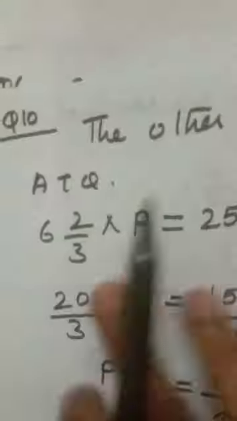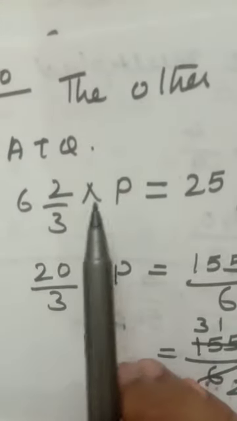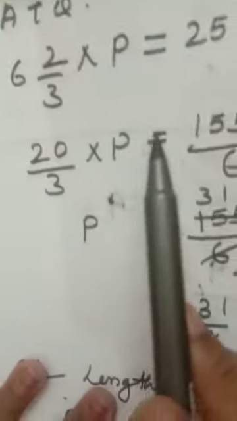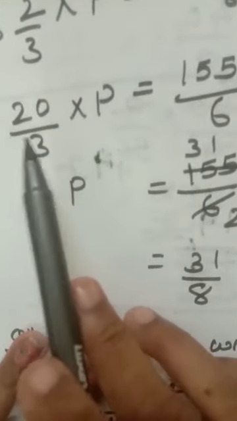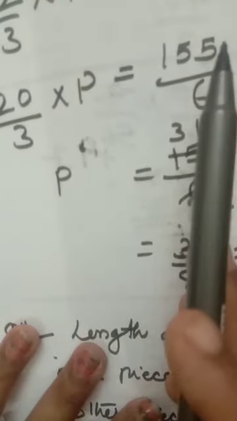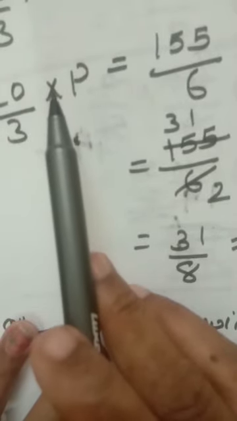I am thinking that other be P. Okay. According to the question, one number is 6 and 2/3 into other number equal to, you are getting, 25 and 5/6. Make to improper. Okay, I told you multiplication sign. When this number will be moved this side, the numerator will be coming to denominator side and denominator move to numerator side. Why? Because multiplication. Okay.